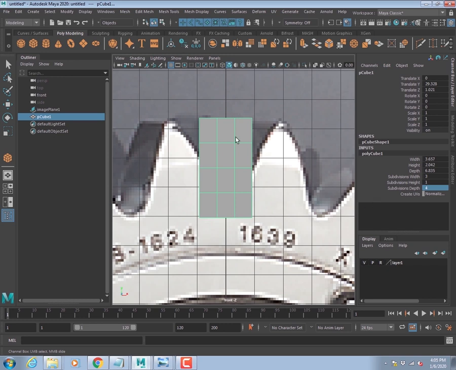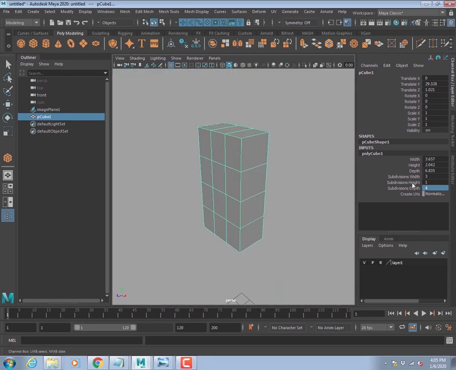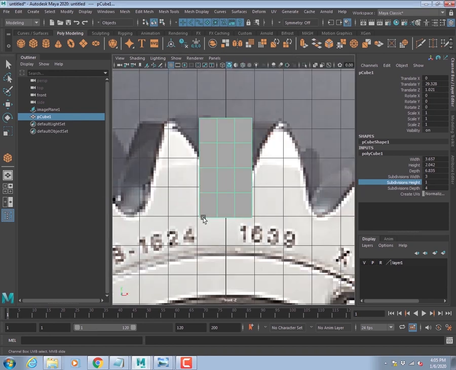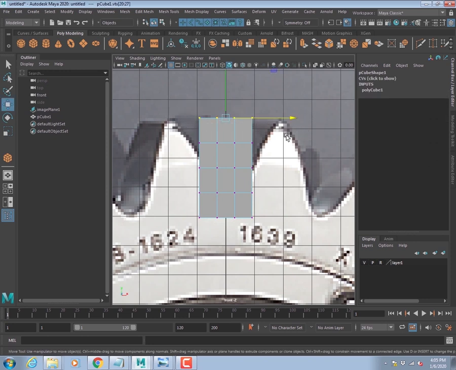Okay, you see the subdivision height, right, is this one. This is the subdivision height. So I'm going to leave it as 1. Alright, 3 and 4. Subdivision width is 3, subdivision depth is 4. Alright, then after that, you go to vertex, right click, choose vertex, select the top vertex, scale, we just scale it, just like that. Scale,